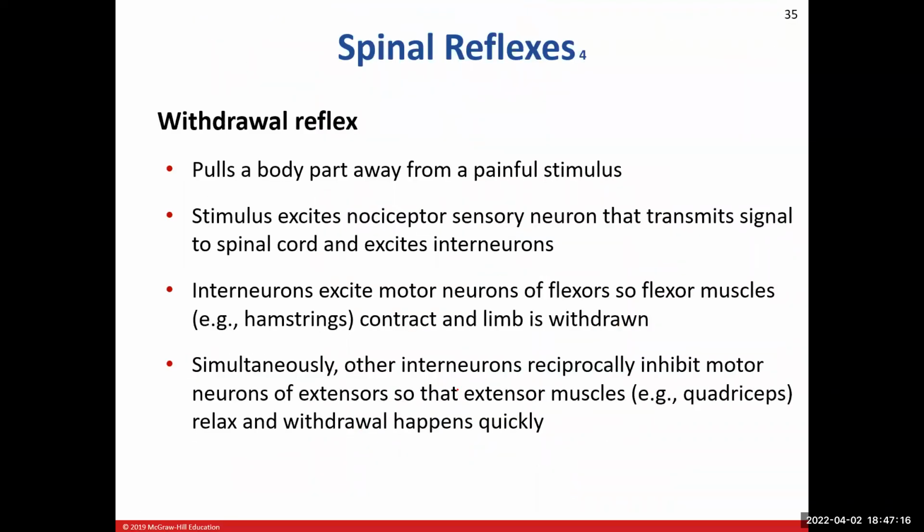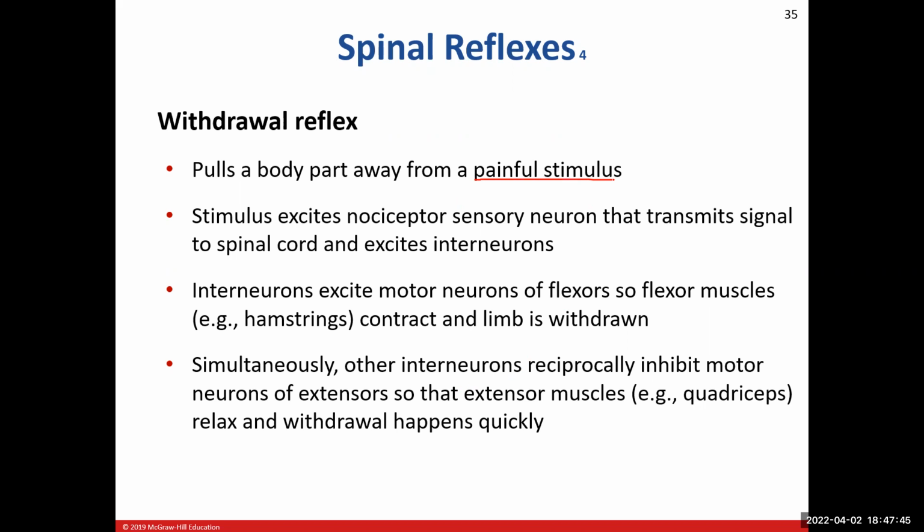All right, so on to our third spinal reflex, which is the withdrawal reflex. Now, with the withdrawal reflex, pretty much every single one of us is familiar with it. This is the one in which you grab something that might be too hot while you're cooking and you burn yourself. So it would involve a painful stimulus. And so what we'll see is, just like the name of the reflex, we withdraw away from whatever that painful stimulus is going to be.